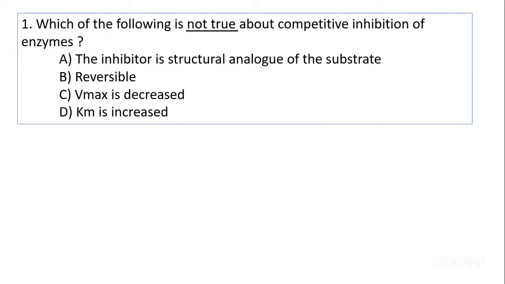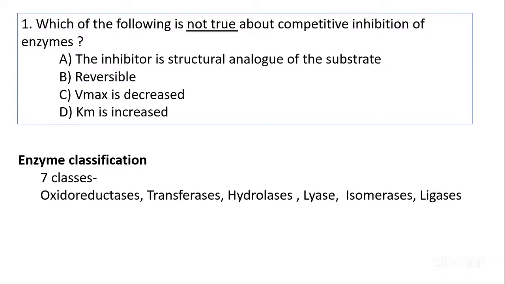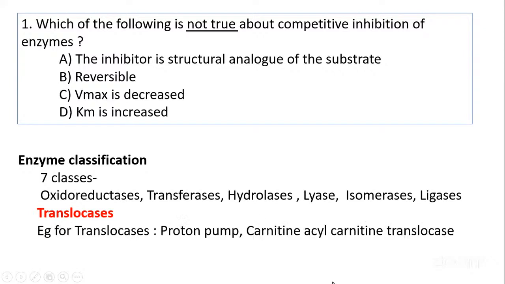Oxidoreductase, transferase, hydrolase, lyase, isomerase, ligase. Now we have one more, called the translocase. So, 7 classes. Enzyme class 1 is oxidoreductase, class 2 is transferase, class 3 is hydrolase, class 4 is lyase, class 5 is isomerase, class 6 is ligase, and the 7th one, I put it in red color,